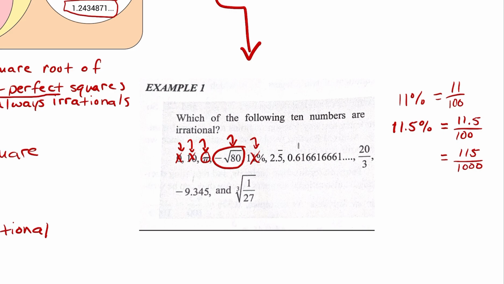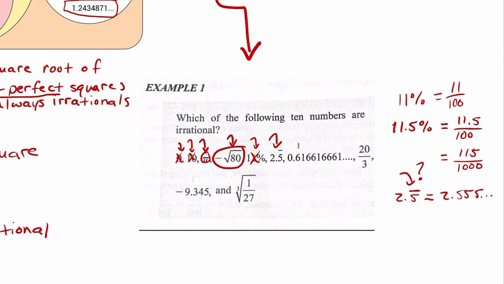All right, so now I have another number here, 2.5 with a little bar on top. This is going to be an important one to look at. 2.5 with a little bar. What does this little bar mean? It's really simple. It means it's going to be basically equal to